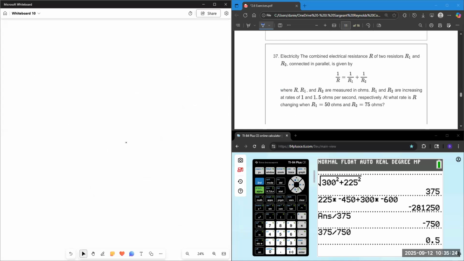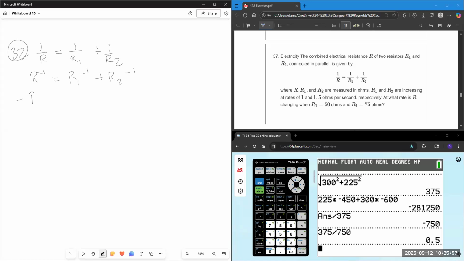So 37 says 1 over R is equal to 1 over R1 plus 1 over R2. And so I'll just deal with this as it's given to me, like so, and differentiate